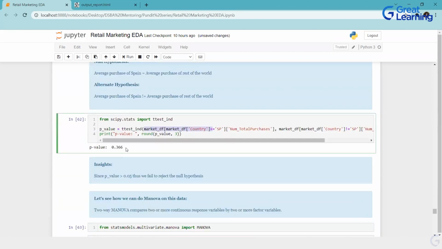The p-value is 0.368, which means that it is greater than 0.05. Thus, we fail to reject the null hypothesis, which means that it is equal. Spain average purchase is equal to rest of the world average purchase.